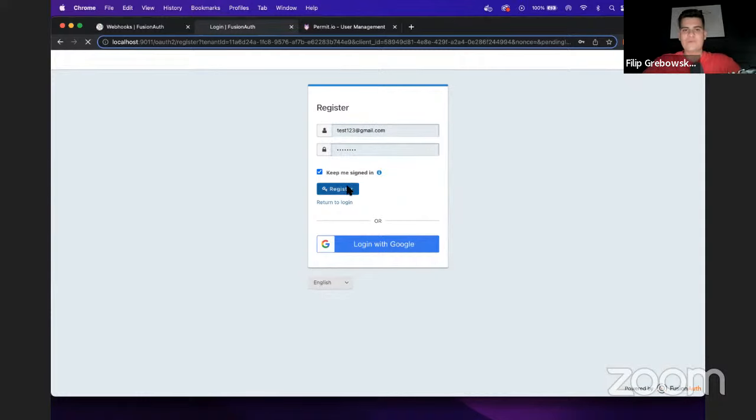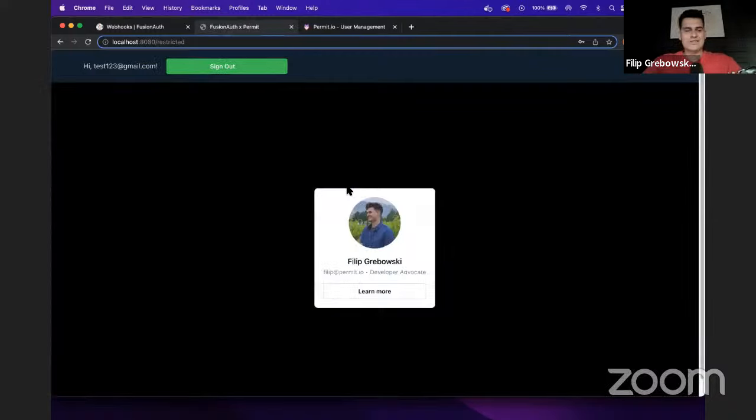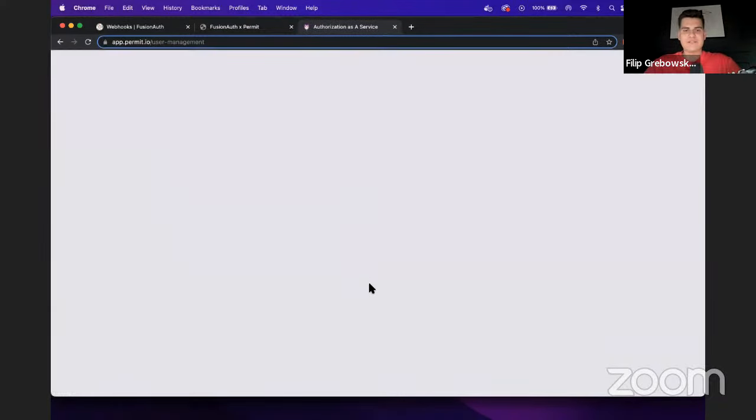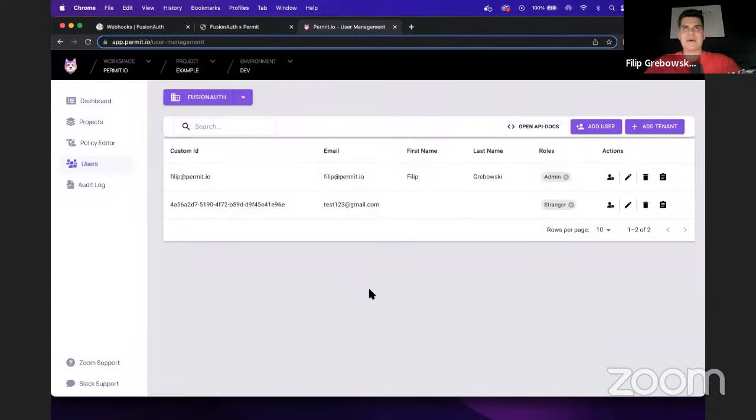Now, because I'm logging in with a user that is generic, that user doesn't necessarily have any kind of association with, for example, FusionAuth or Permit. And in that case, when I dive into the code later on, I'll show you how that works. But essentially, if we go into Permit now, and I'll just refresh our service, so we were authenticated through FusionAuth, and now we can see that that user is actually defined as an ID. So when we create the user, we don't actually have to pass in any secure information like Or mentioned previously. We can actually pass the specific ID that we get from FusionAuth and sync that user.